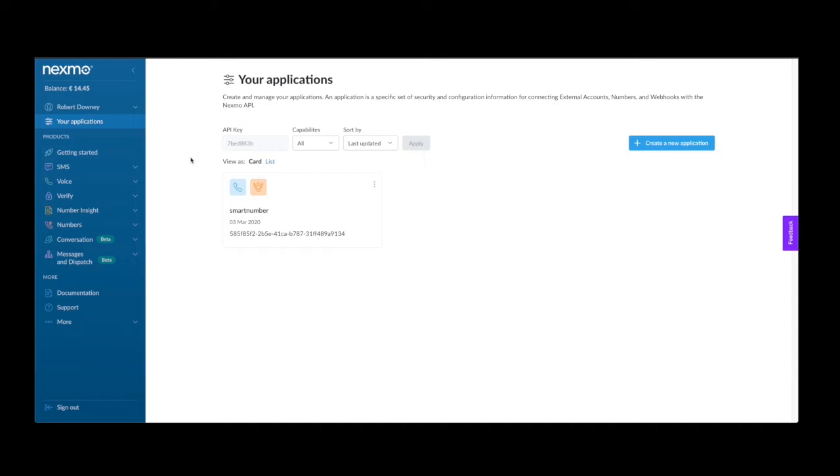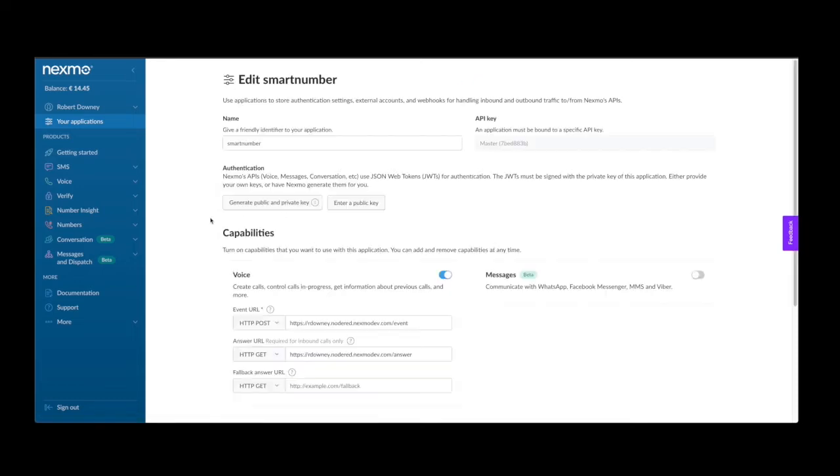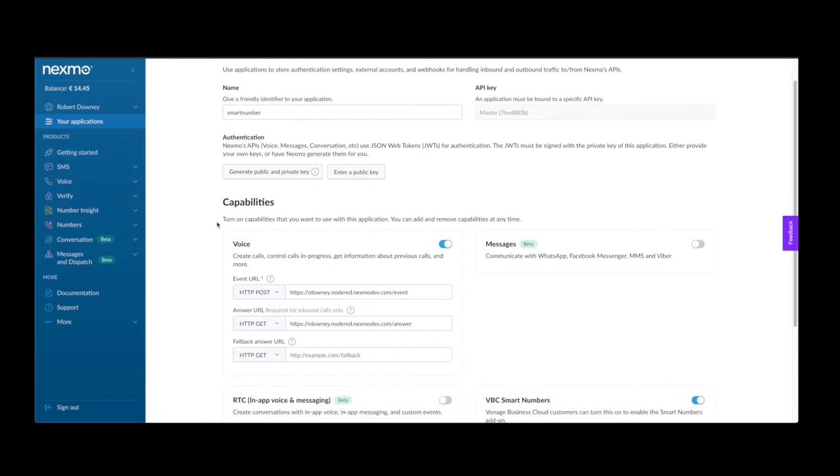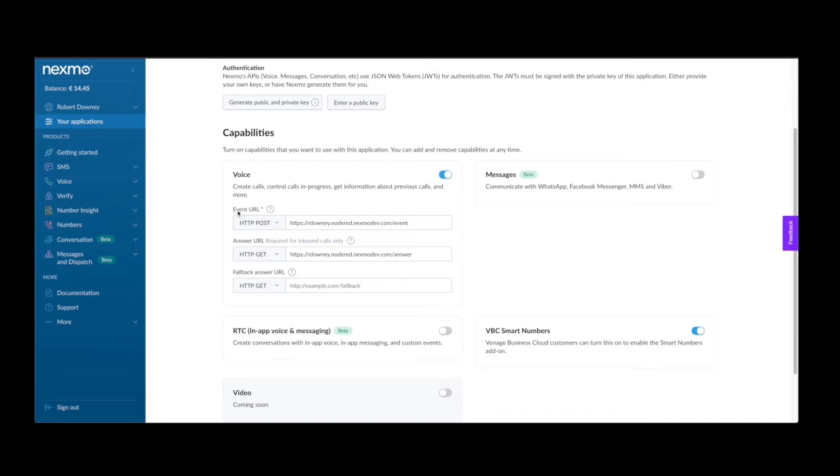Inside the Nexmo API system, you can see I have my smart number application set up. And when I click on Edit, it brings me into the application. Inside this section, I have my event URL post, which has my event listener, which listens for someone calling in on the number. And I also have my answer URL, which processes what I want that flow to do, how I want it to process the information it receives, etc. Again, you can sign up for a free account on the Nexmo website at any time and gain access to all of our APIs as well as the documentation on how to leverage them.